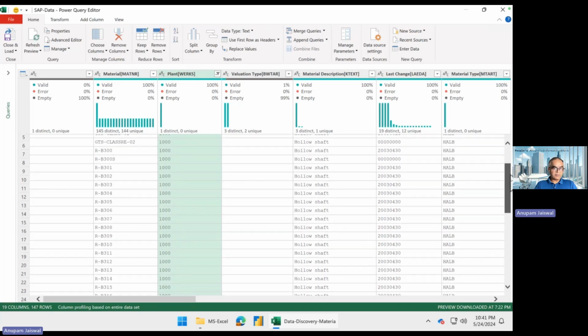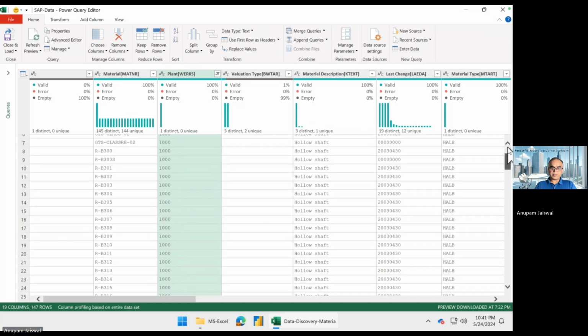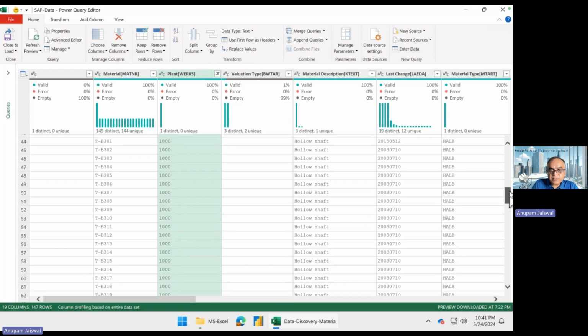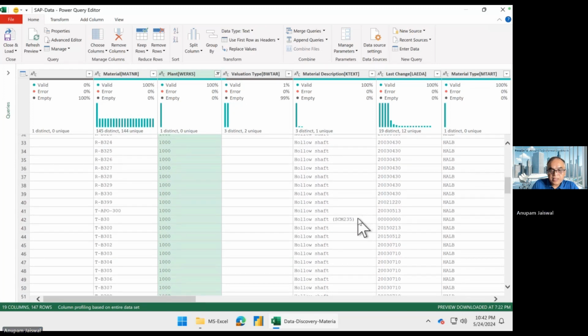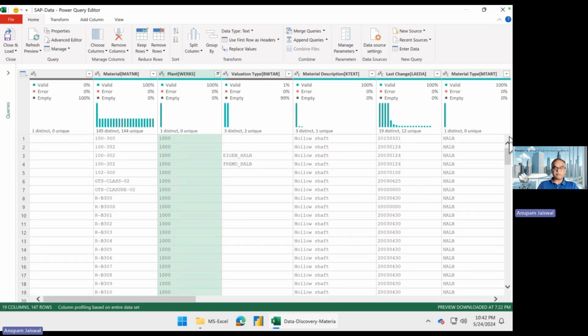there's 147 different items which have hollow shaft as one of the texts. Some of them look okay because at least they have different description, but really, all these materials seem to be a suspect. So, this would be something which we'd want to capture in the data quality and data profiling discussions. Maybe get this list to